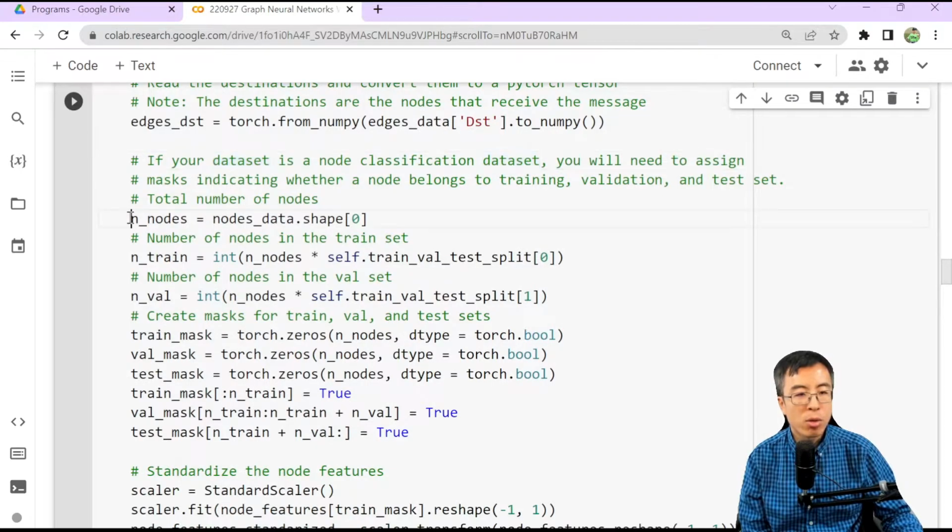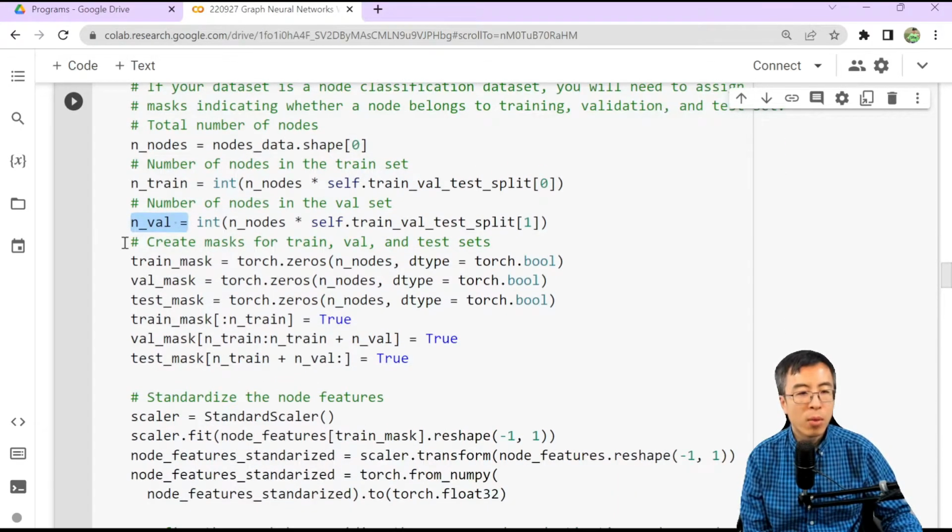First, we get the total number of nodes in the graph, and then we can decide what percentage of the data we are going to send to the training data. And based on the percentage, we are going to set the number of train nodes, which is just the integer of all the nodes multiplied by the fraction of nodes you want to send as the training set. And similarly, you can define the number of validation nodes.